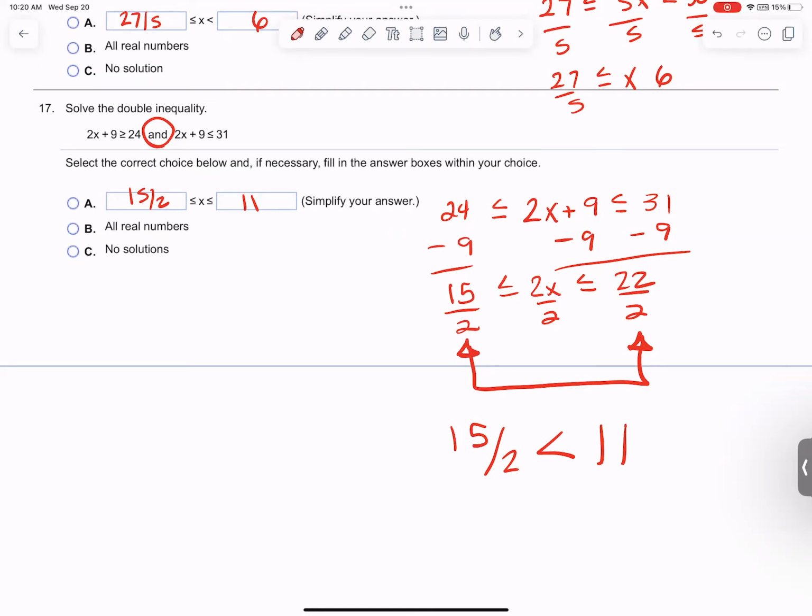So the number on the left in this double inequality better be less than the number to the right, or this doesn't work at all. So that's a good way of checking to see if you did this correctly. If that number is bigger, then you got something going on that's weird. All right, any questions? All right, so I did not get to